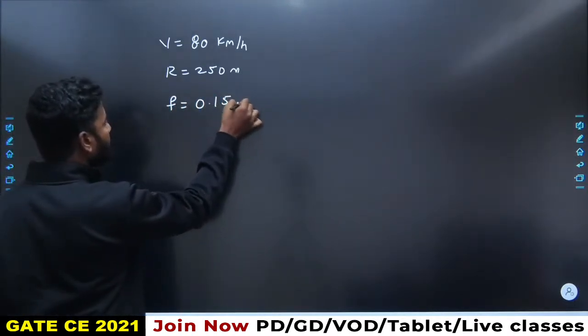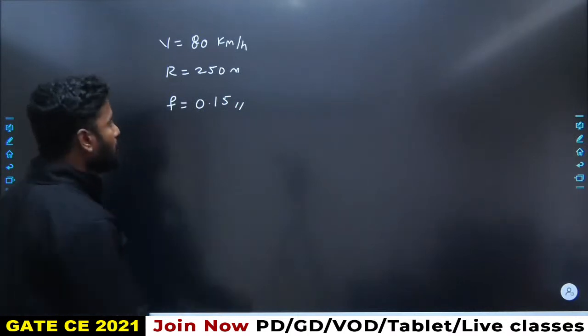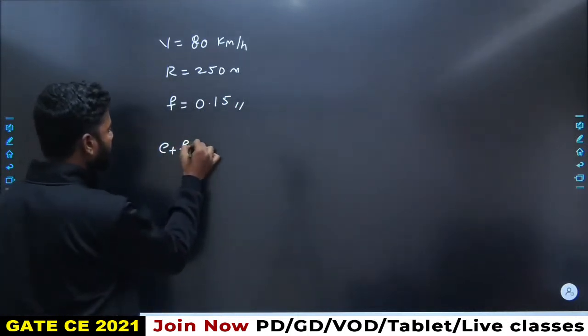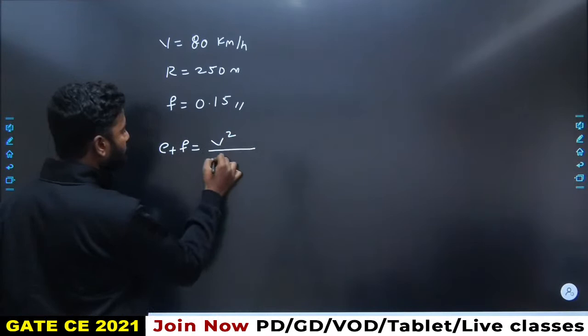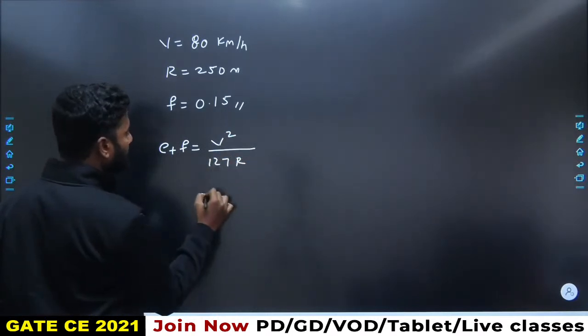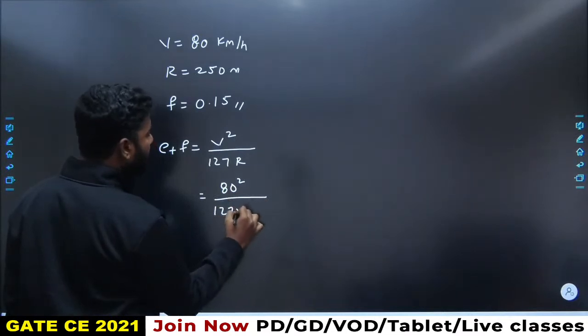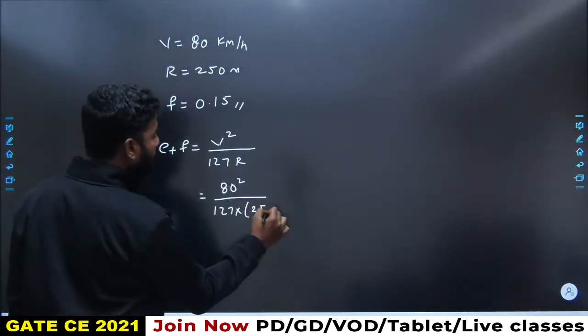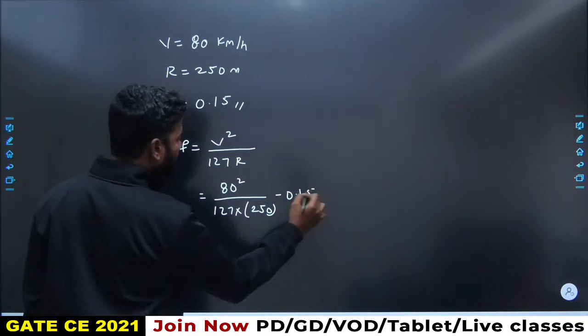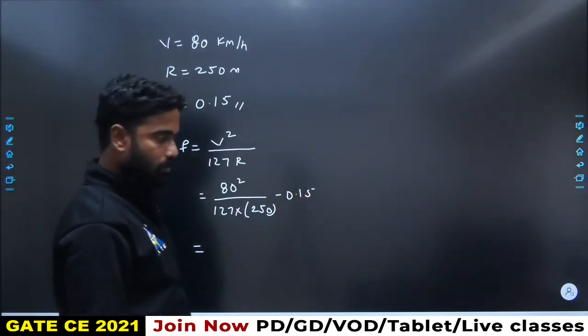Fully developed means F value is 0.15. What is super elevation he is asking? E plus F is equal to V square upon 127 R. Directly substituted: 80 square upon 127 into R, which is 250, minus 0.15. So the answer for this one is